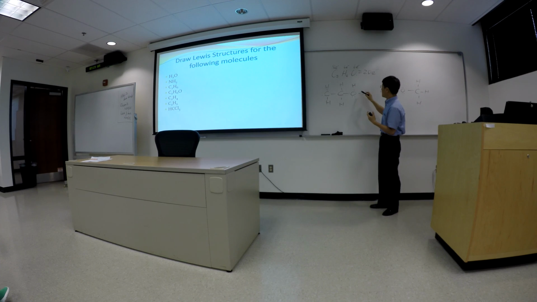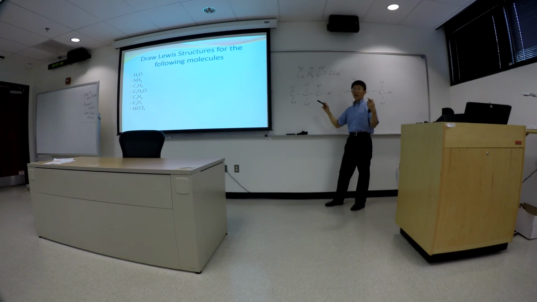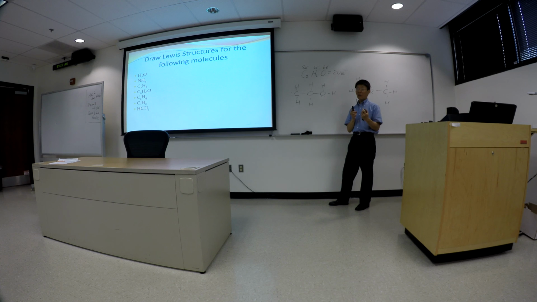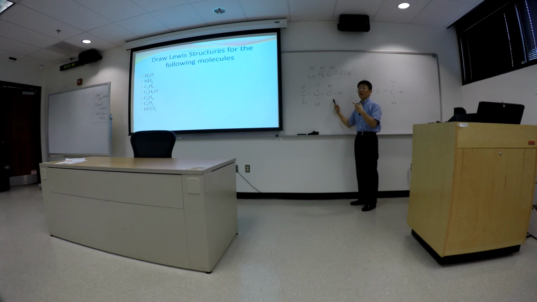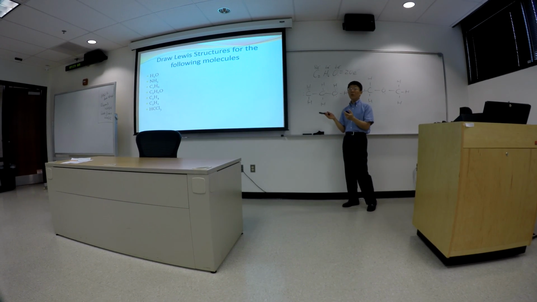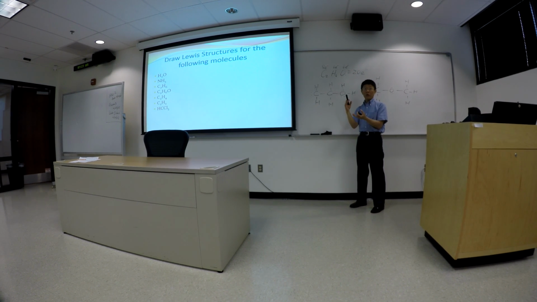Also, carbon is less electronegative, so carbon would not want to have a lone pair on itself. Oxygen is more electronegative. Oxygen is group 6A, carbon is group 4A. So it would be okay for oxygen to have lone pairs on it because it has a stronger ability to attract electrons to itself. So a lot of details about the